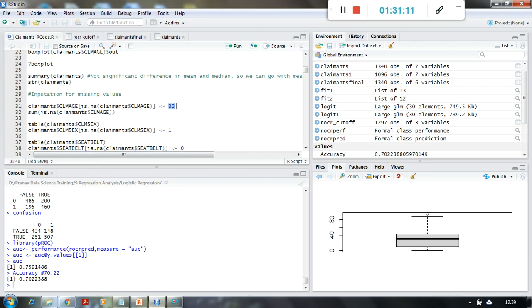Or for imputation, there is another technique called regression imputation. So you can predict the age by using linear regression, get those predicted values, replace these values in this, and then apply a logistic regression. That is also a possible thing. So there are a lot of different methods and techniques which we can use to model any business problem. So there is no end to it, right?